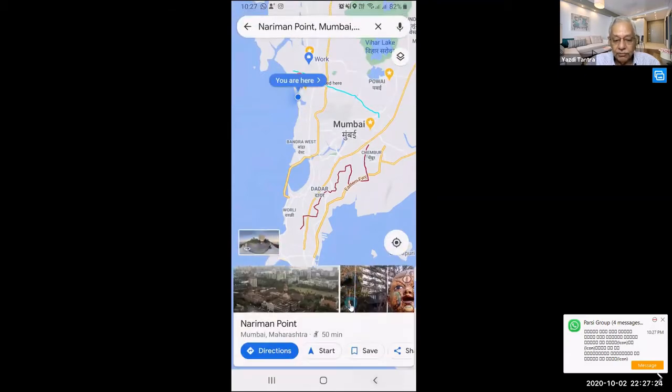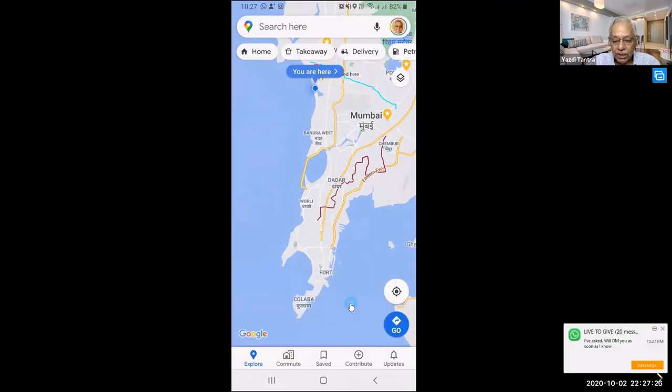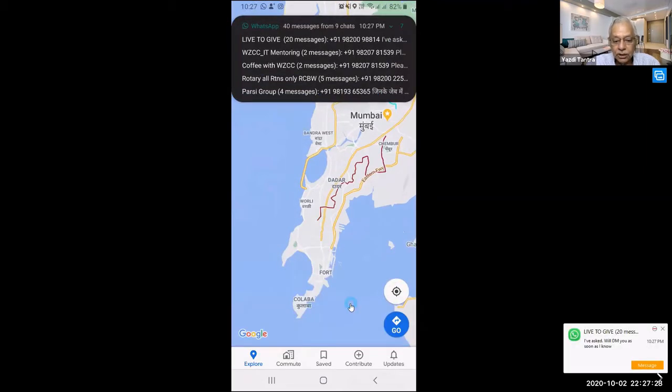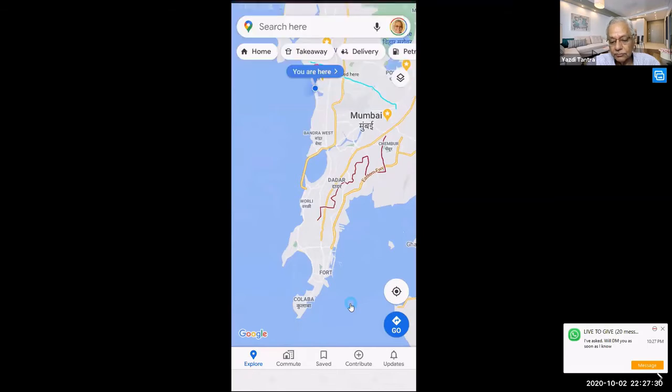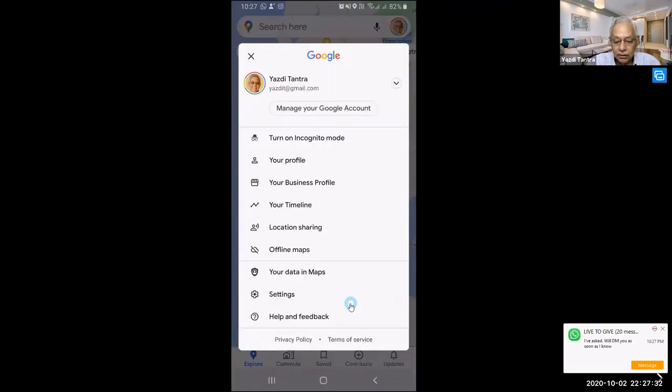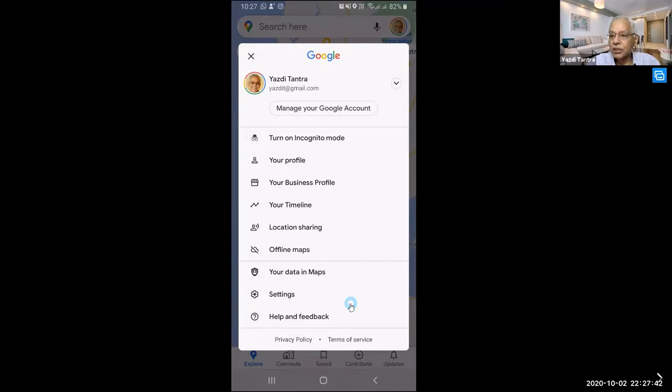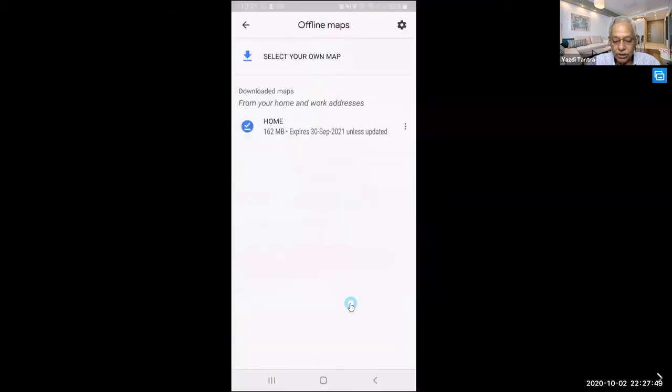The other thing which you can do while you are here on the main screen: last time we saw this timeline and location sharing, the same as we saw earlier. Then offline maps. Offline maps is where you can download a map of a particular location.